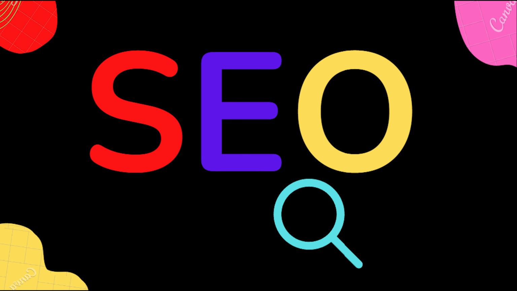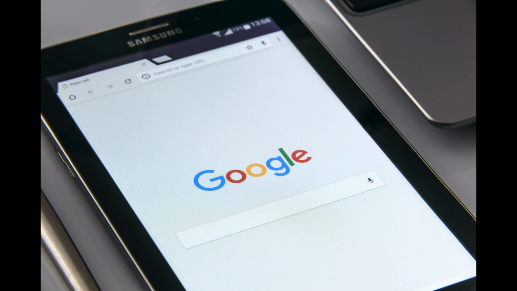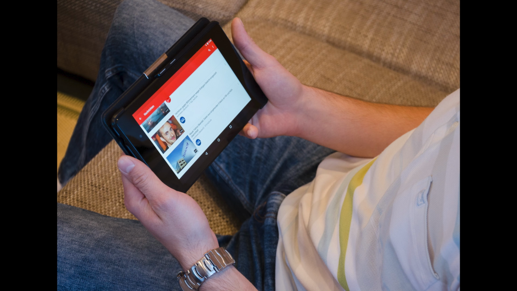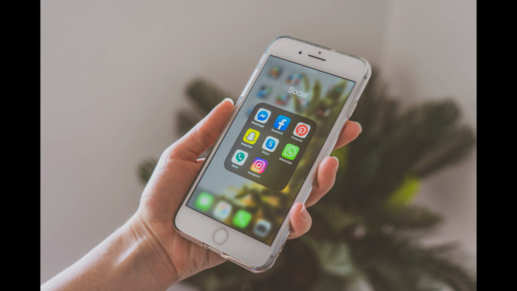Search Engine Optimization, SEO, is the process of improving the ranking of a website on search engines like Google. When a website ranks higher in search results, it is more likely to be visited by users, which can lead to an increase in traffic and revenue for the website owner. There are many different techniques and strategies that can be used to improve a website's ranking, including on-page optimization, off-page